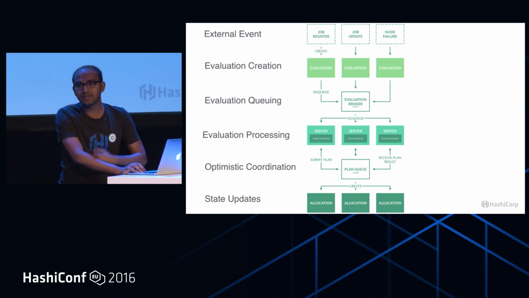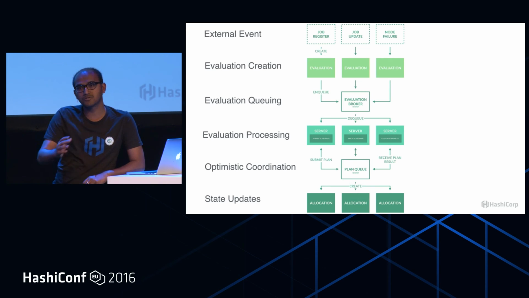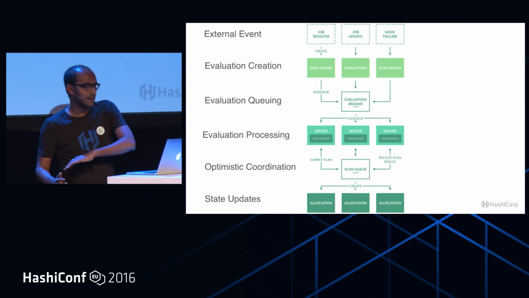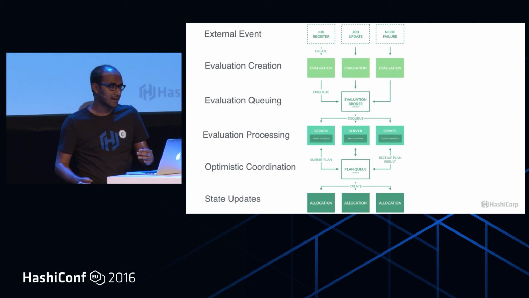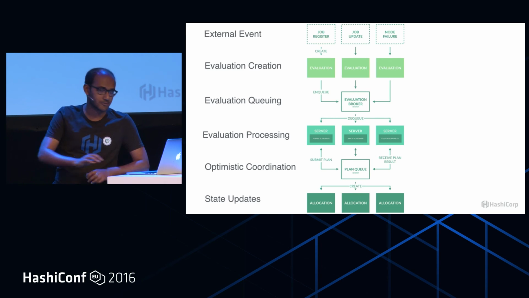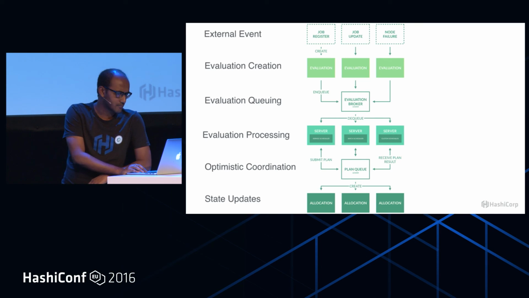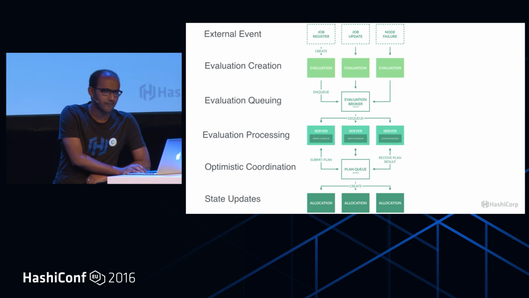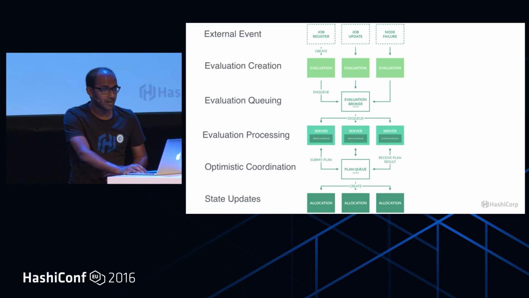Since it's concurrent, it might happen that there are some conflicts in the scheduling plans. Those conflicting scheduling plans are taken back, the schedulers rerun them, and finally those jobs go out as well. We don't usually see any conflicts in scheduling unless the scheduler is really busy and the cluster is really busy. On an ideal day, you shouldn't see any scheduling issues.